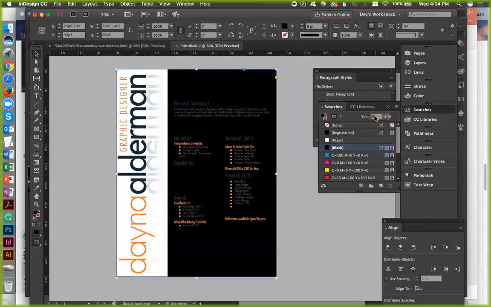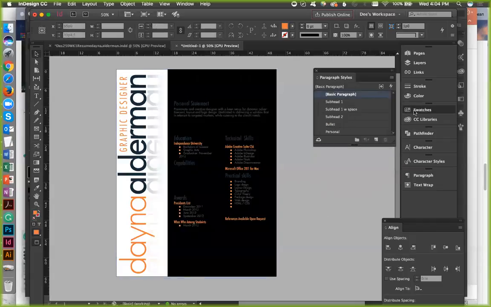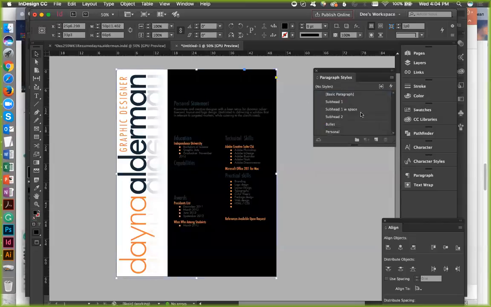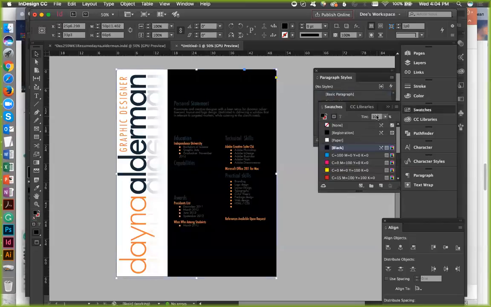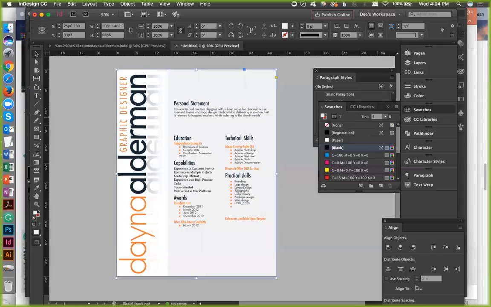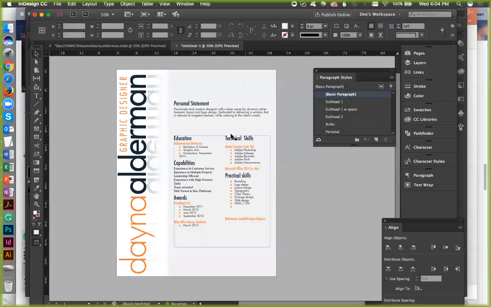I love when it does what you don't want it to do. 5. Black. 5. Come on, silly. Oh, I didn't have it selected. That's why. It's 50 now. 55. I'm pretty happy with that. It's kind of aligned, making sure everything's aligned. I'm going to give this a little space though.